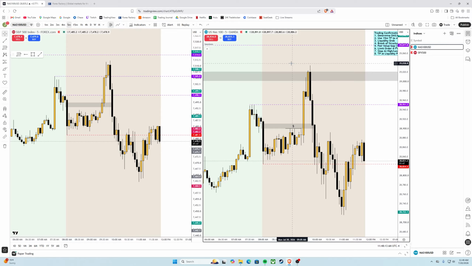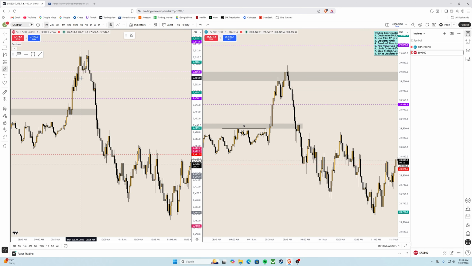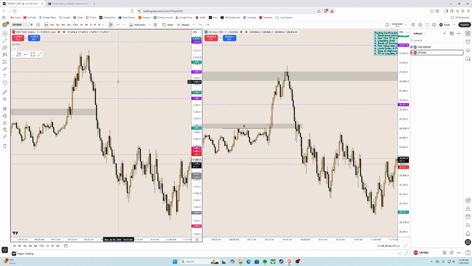You need to be okay with walking away from price if price doesn't give you what you're looking for. And on this day, it didn't, right? And just because price took out buy side liquidity, and if I go on the 1 minute time frame, that price took out buy side liquidity and then broke structure here and started going down, right? Same idea here, price broke structure and started going down. That doesn't give me enough reason to chase it, because I'm bullish and I stick with my buys for the trading session. For the day, once I have my buys, I stick with the buys for the entire session.